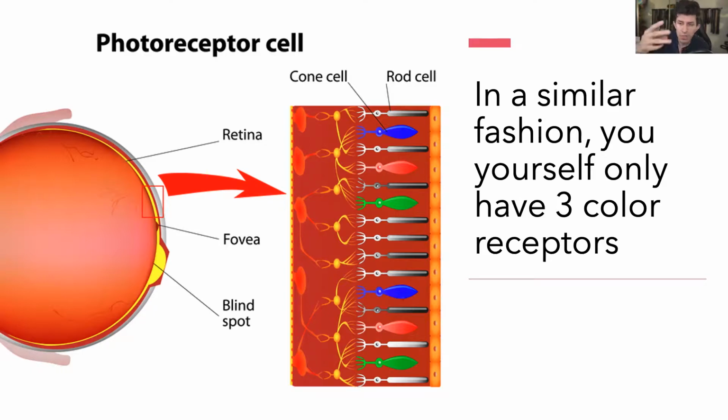The cone cells have three unique different types of cell receptors: red, green, and blue. See the analogy? It's the same thing with the TV. It's sort of, but the principle is still the same. You have only three different types of color receptors, and with these three different types, all the colors in the rainbow are produced, and that's how we see these colors that aren't really there. It's an illusion due to these cone cells.